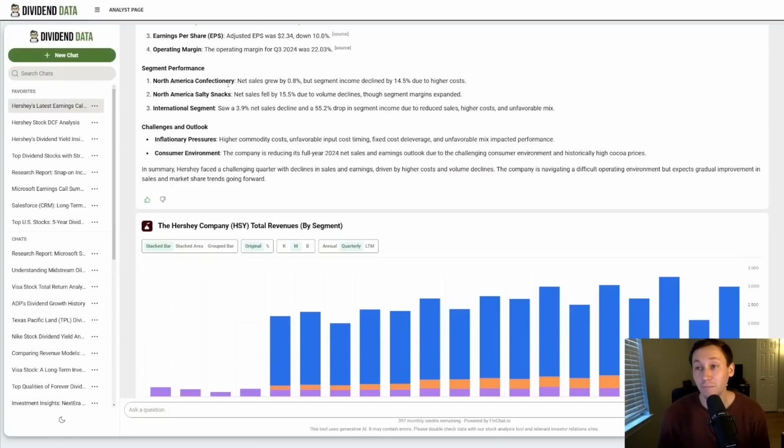And if we go segment by segment, their North American confectionery saw net sales grow by 0.8% year over year, but the segment's income declined by 14.5% due to higher cost. And I will soon explain what those cost increases are. And to reemphasize, this is their number one business. You can almost exclusively look at that segment when you're analyzing Hershey stock, but we'll still cover the rest of